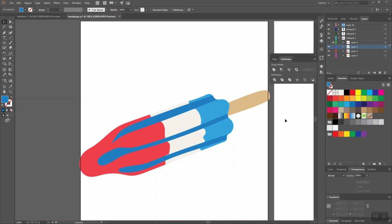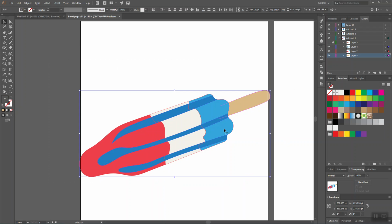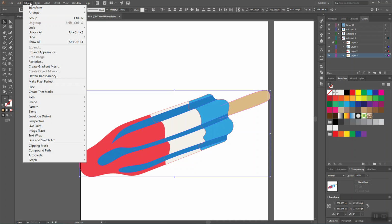So to recolor this artwork, first off, we could just click on the objects and then with the fill tool, choose a new color. But Illustrator does present an easier way of doing it, and that's the colorizing tool. So if we select the whole object,